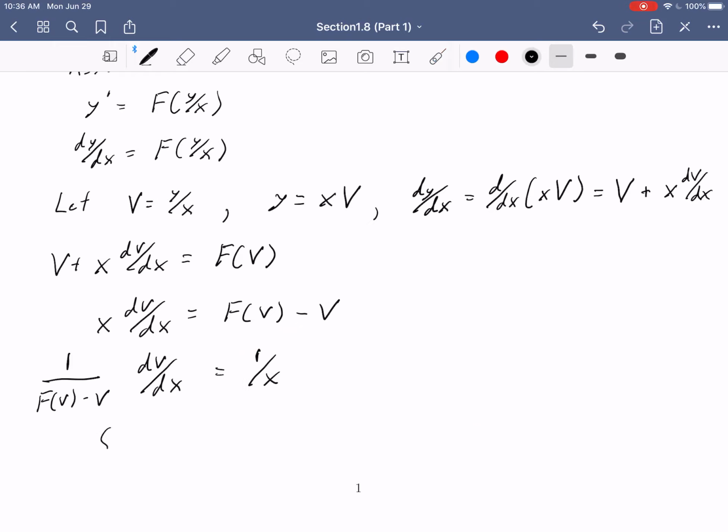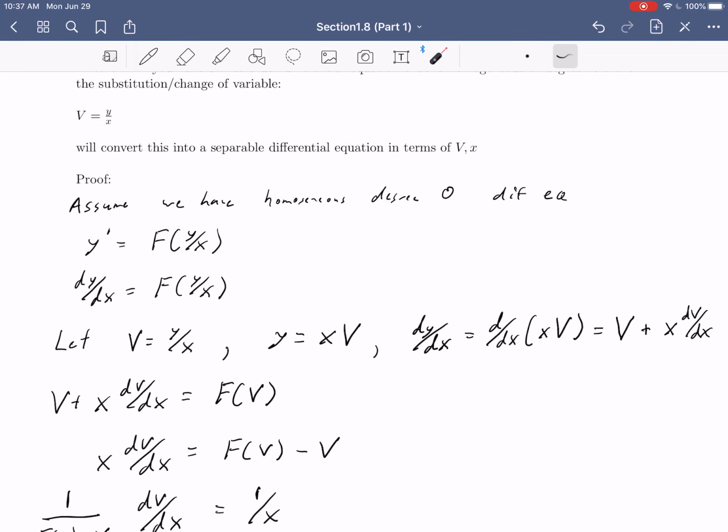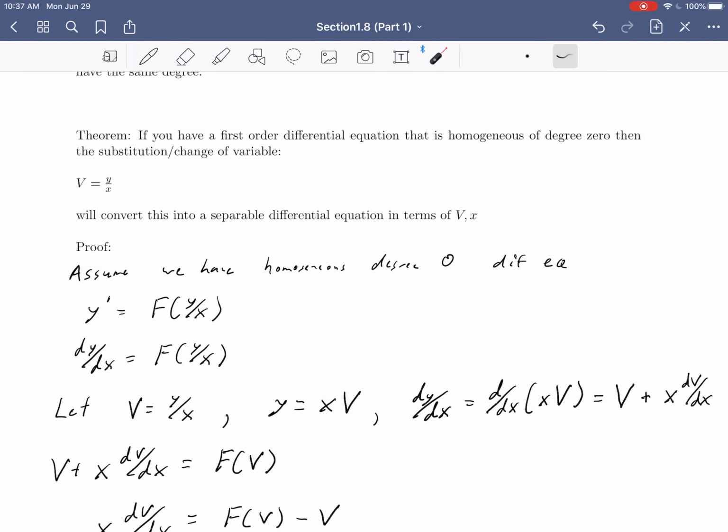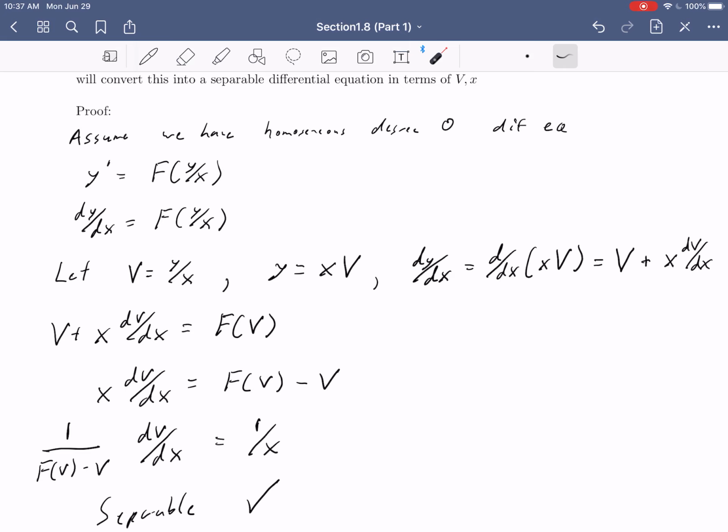We've shown that this is indeed separable, because we've shown that our dependent variable is there and our independent variable is there, and that's the definition of a separable differential equation. So what this is basically showing, and we're going to do another example of this sort of proof in our next video, is that if you have a differential equation of a particular format, in this case homogeneous degree 0, and you choose this particular substitution, then it is guaranteed to be converted into a format